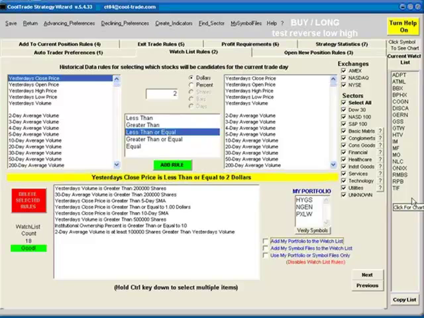However, those symbols that were carried over from the prior day will start following these rules. Now this is the long strategy, so any position you have open that is long will follow these rules here. So that's the end of the watch list rules for selecting your symbols. Next we'll go to the next tab,